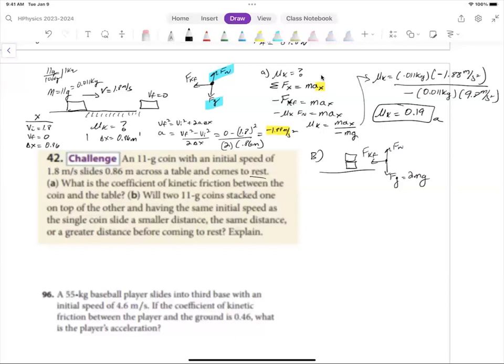Look at this equation right here that we solved for mu sub k. What happens to mass? I should have done that up top. These masses cancel. I could have just divided the acceleration by g. So mu sub k was equal to acceleration over negative g,